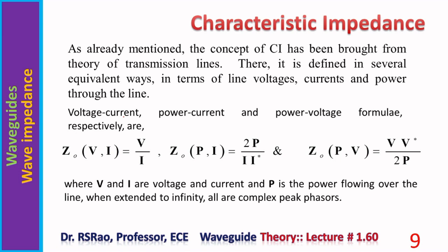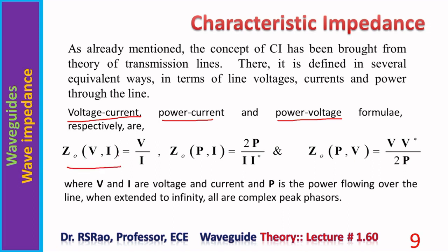In transmission line theory, it is defined in several equivalent ways in terms of line voltages, currents, and power through the line. How is it defined there? Using voltage and current it is defined. Using power and current also it is defined. Using power and voltage also it is defined in transmission line theory. The definition is given like this: